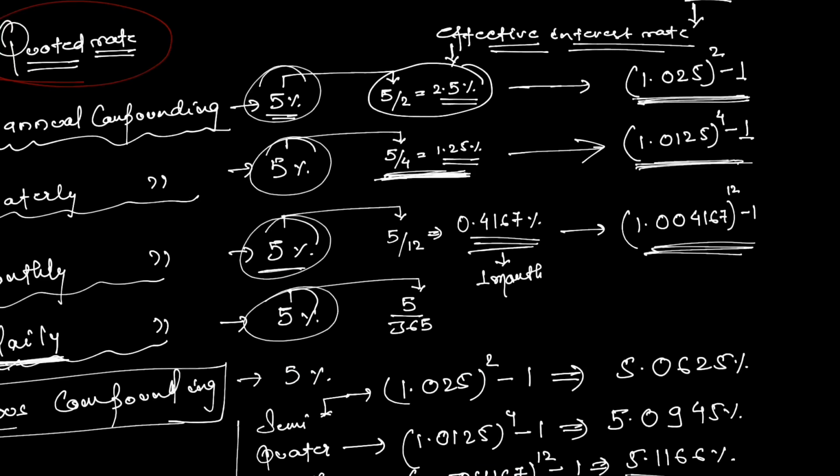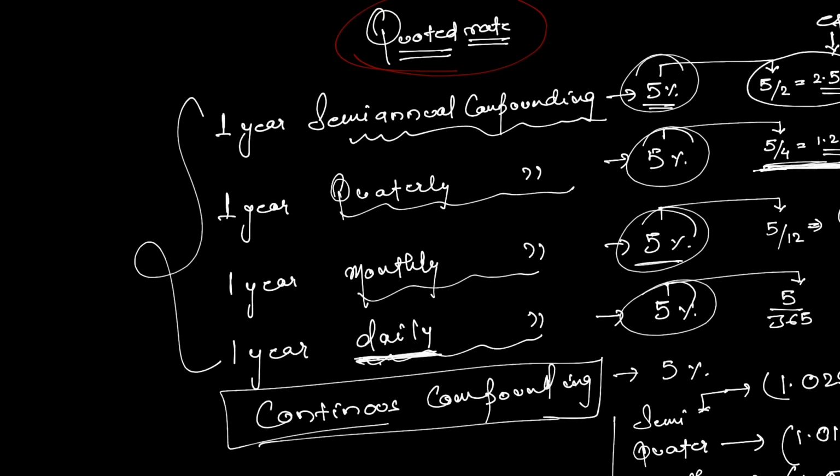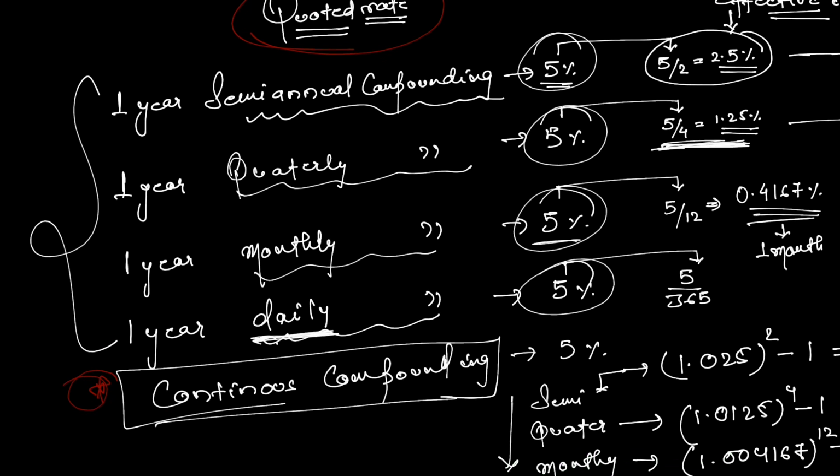When you play with the quoted rate, not the continuously compounded rate, which is the only exception, the first thing you should understand is there is an implicit hidden effective rate, and your responsibility is to find that effective rate, and then convert the effective rate of one tenure to another tenure. So if it is semi-annual compounding, there is a 6 month effective interest rate hidden. If it is quarterly compounded, then there is an effective interest rate of 1 quarter hidden,